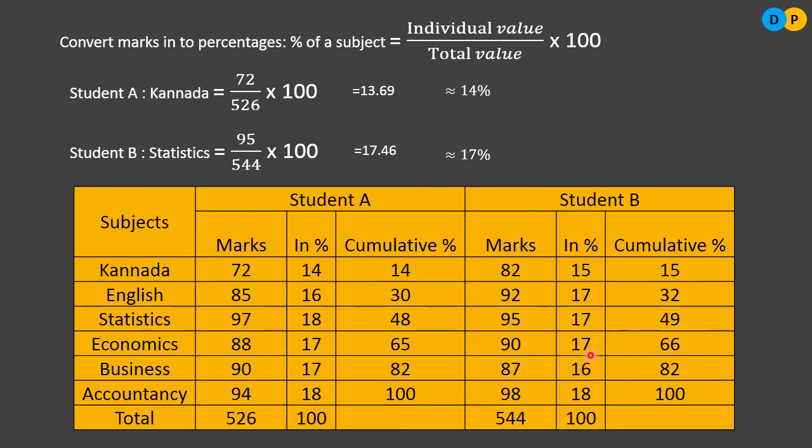So in case we have been asked to find the percentage bar diagram, first we need to go with these formulas. Later we need to construct the new table, followed by which we will be plotting the diagram. Before plotting, we need to come up with the scale. So what is the scale here? Here we are representing a percentage bar in terms of 100. Let us say on the y-axis 1 centimeter is equal to 10%. If you have a bigger graph sheet, then you can go with 1 centimeter equal to 5%. You can choose any scale. It's left to the discretion of the user.